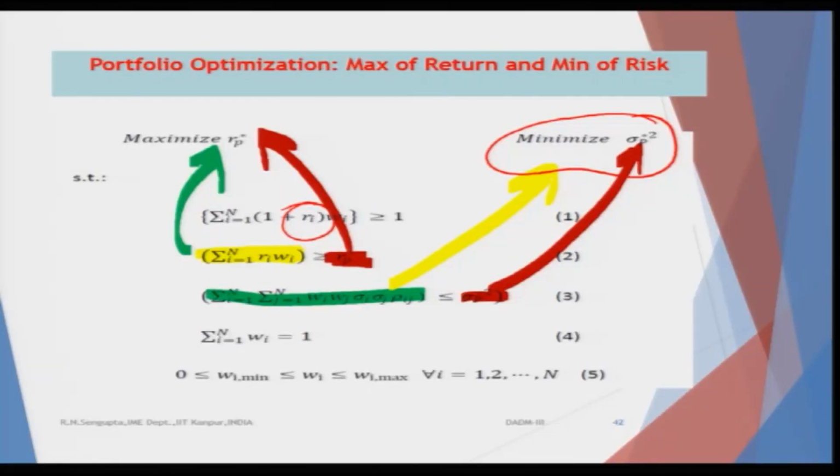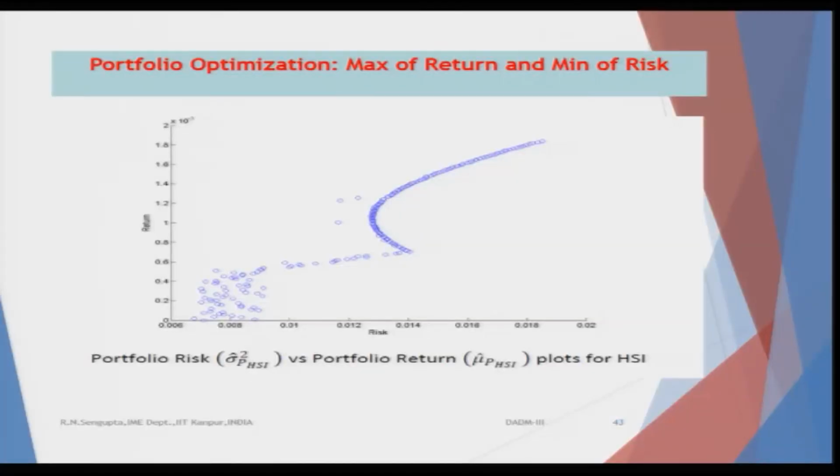Similarly, the risk would be the whole risk of the portfolio, that is double summation Wi into Wj into sigma i sigma j into rho ij, or sigma ij, would be basically the portfolio risk, which has to be less than or equal to sigma square star suffix p, which is again a predefined value by the investor or as per the concept of the utility. And obviously, the summation of the weights is equal to 1, and each of the weights Wi is between Wi minimum and Wi maximum. So, if I basically plot the return and the risk,